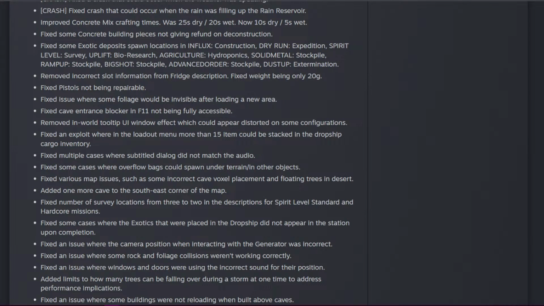Okay, fixed some cases where overflow bags could spawn under the terrain or in other objects. Now, that would be never applicable. I haven't had it myself, but I have seen this in Discord. People complaining about this: I died and my body was inside a rock, so I unstuck, and now my loot bag is inside the rock or inside a mountain or whatever. So I'm very glad I fixed this, because it's a huge setback for people. You basically lose everything. Well, that might have been what happened to